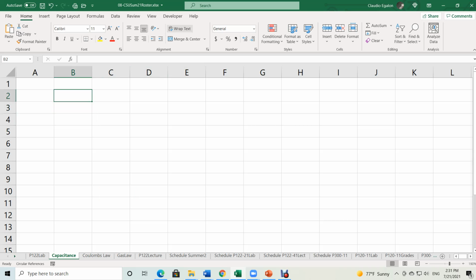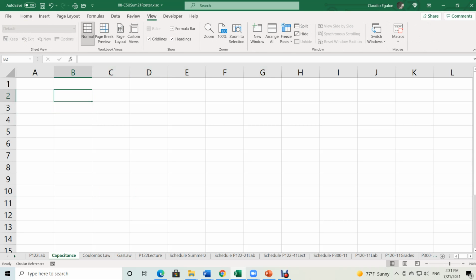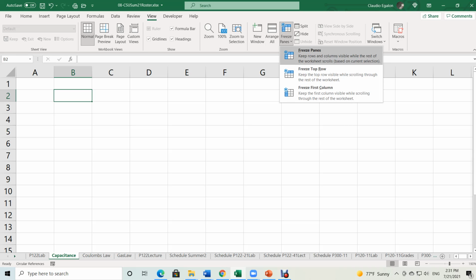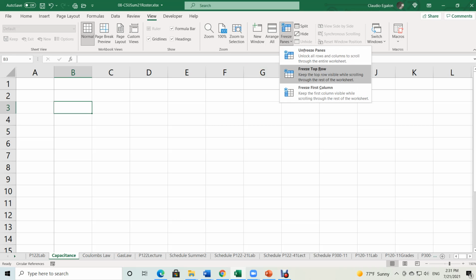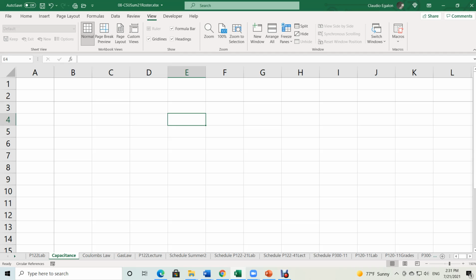I like to freeze the panes of my Excel spreadsheet. Let's freeze it right here instead. Here you go. And then going back,